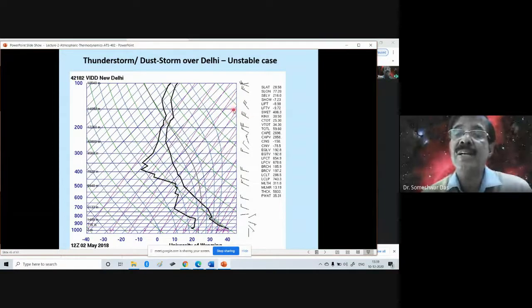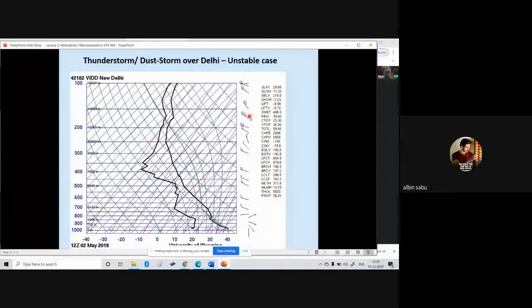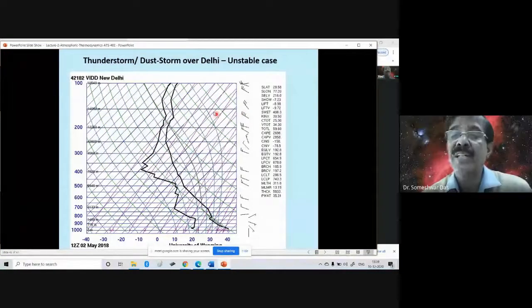So what is this wind called? If the wind is blowing from this side, what is this wind? Northwesterly, because if you just draw a cross here, centering at this point, two lines representing east, west, and north, south, then this will fall into the northwest quadrant, right? So the wind is northwesterly here.